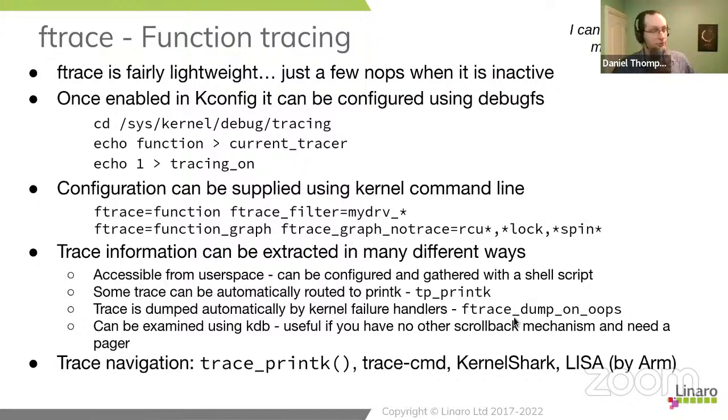We can also arrange for the ftrace buffer to be dumped on certain critical occasions. So ftrace_dump_on_oops is fantastic. If the kernel oopses, you can arrange for this massive trace to be dumped out via UART. It might take many, many minutes, but if you've got a UART logger set up, it doesn't matter how long it takes, it will still give you some interesting information.